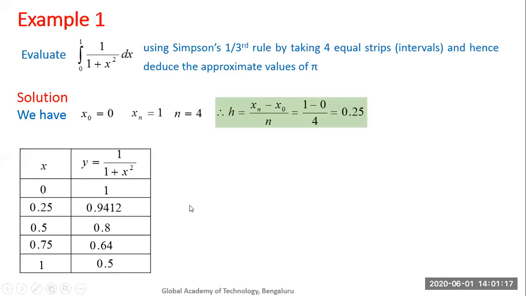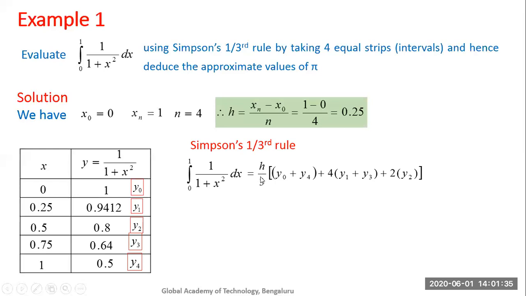Then use Simpson's 1/3 rule, which is the rule to find the value of the given integral. But to write the formula for this, you must know how many values of y you are having. So just label them: y0, y1, y2, y3, y4. Here yn is y4. So the formula becomes h by 3, y0 plus yn. So n is 4, so y0 plus y4. Don't write the general formula. So write the formula which is applicable for the given set of values.